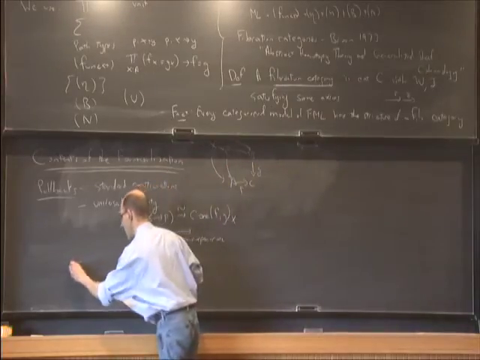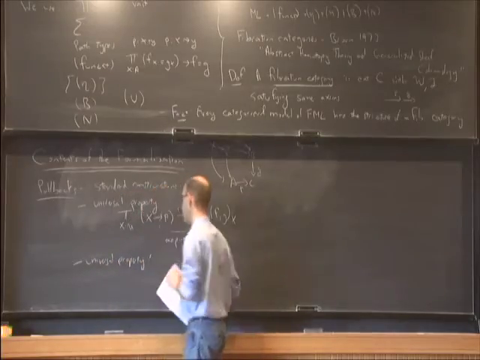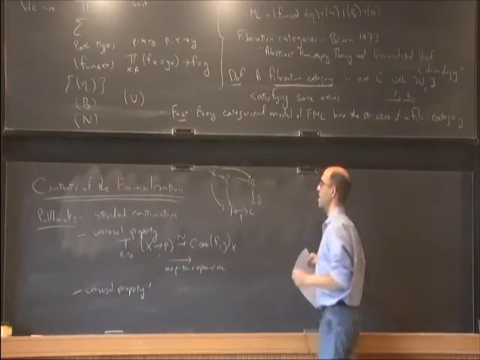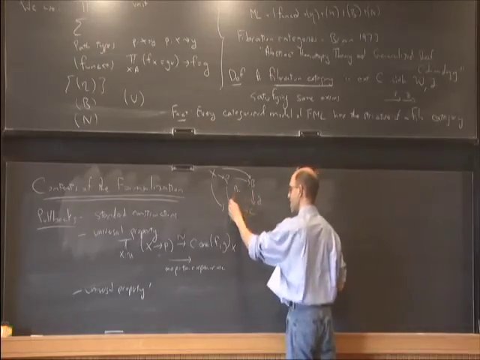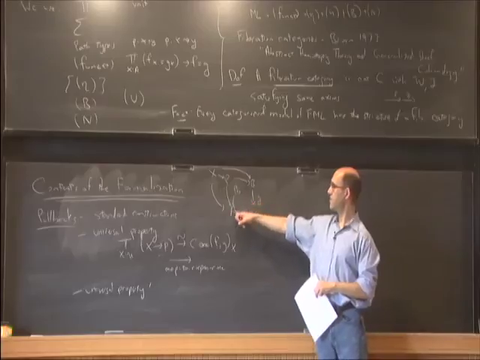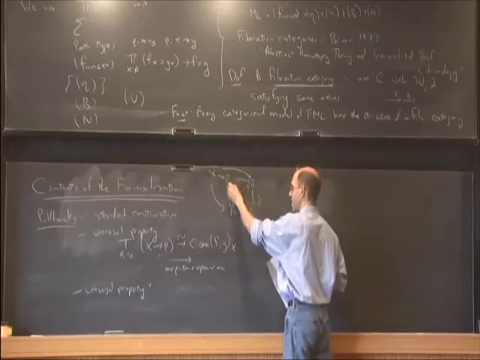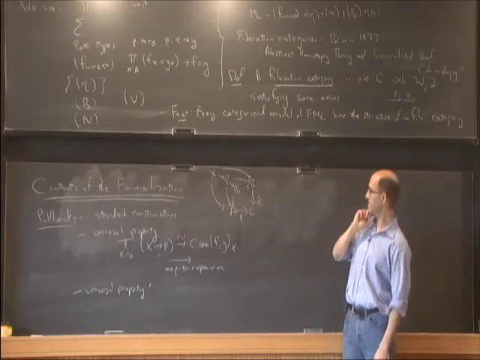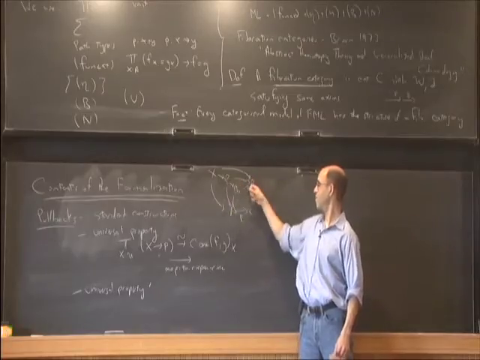But we showed that this universal property is equivalent to another one. So let me tell you what the other one is. If you have any cospan cone, by the universal property, we showed that the standard construction has the universal property. And so by the universal property of the standard pullback, there will be a map from P to the standard pullback. In fact, it's easy to see. Given any element in P, just take it to the element that, in A, B, and then the